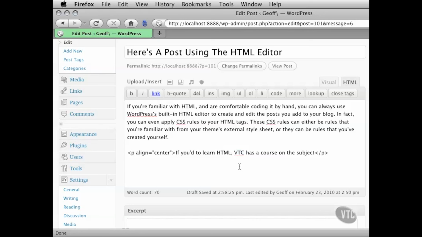So just before VTC, what I'll do is I'll type in an open angle bracket and then A space href equals open quote, and then the URL, http://www.vtc.com. Close quote, close angle bracket. Okay, perfect. And then what I'll do is I'll just shuffle my cursor down the line just a little bit